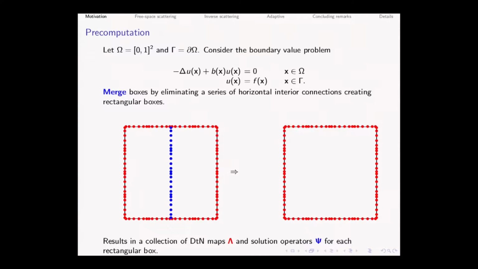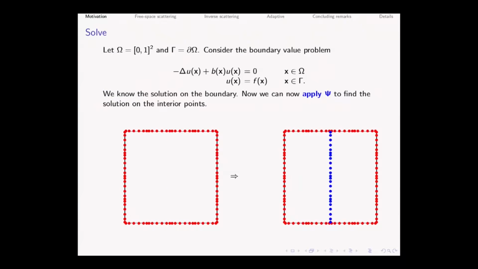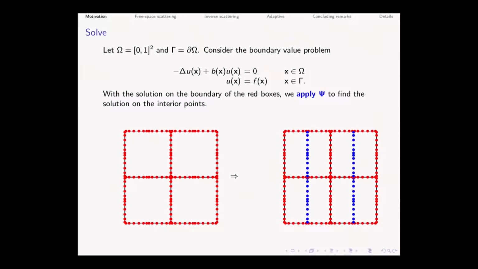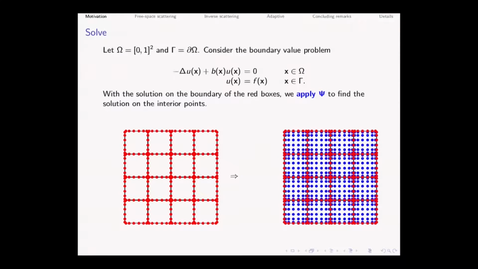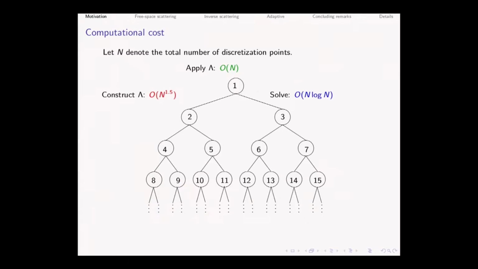That's it, you're done. And then the solve is simply taking the solution on the boundary and applying that solution operator so you get the solution here. Small matrix vector multiply, keep going, have fun. You end up at the leaves. You have the solution everywhere. So what's really nice about this method is,